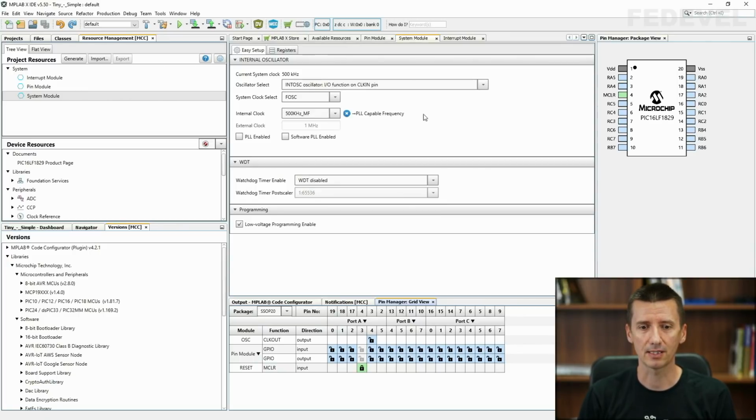If you use this MCC configurator, it's going to be much simpler. Basically, here are some forms and some features, and based on what you need for your application, you just select these features, you set these forms, and the MCC will automatically calculate the correct values for the registers you need to set. And the MCC code configurator also generates some basic functions which you can very simply call from your code and use.